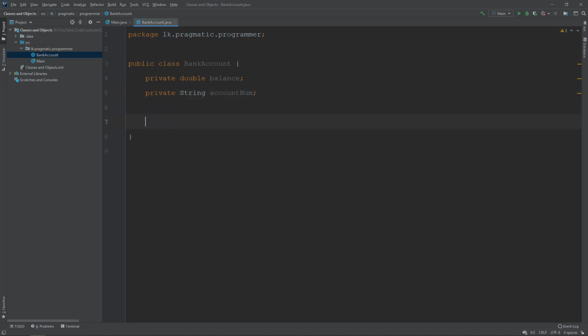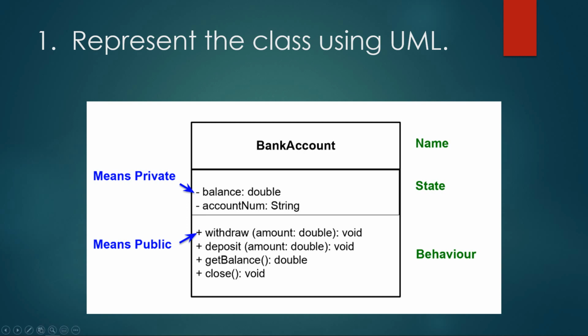Now if you look at the class diagram, they haven't written any constructor here. That means the default constructor will be used. Don't worry about this default constructor, we will be discussing that in a separate tutorial. So let's move on with the normal methods.